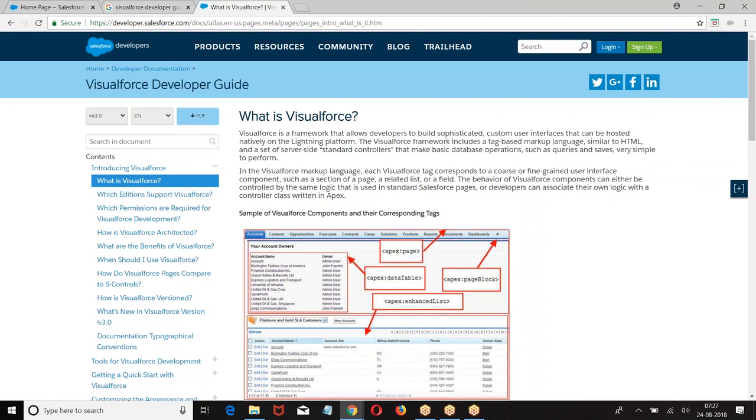If you want purely standard functionalities, whatever the save button does on account, the same action I want. Whatever the cancel button does on account, the same action I want. Whatever the industry field is there, the same field I want. That means you are referring to the standard properties of an object built by Salesforce. When I click on save or delete, whatever Salesforce is doing, the same thing I want.